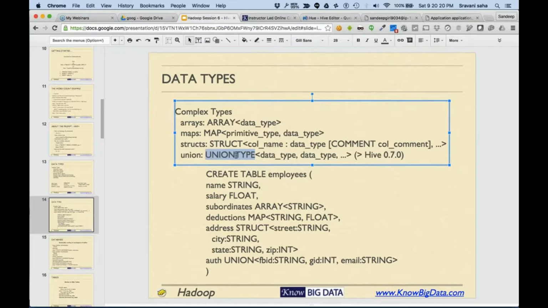The union data type is interesting if you have multiple kinds of values that would come in the same column. For example, let us take a case of your website. You are allowing the users to use various kinds of authentication. Say some users come with their Google ID, some users come from Facebook, some users come from LinkedIn.